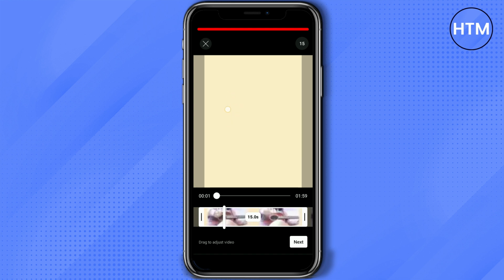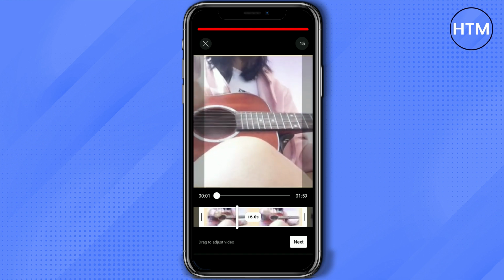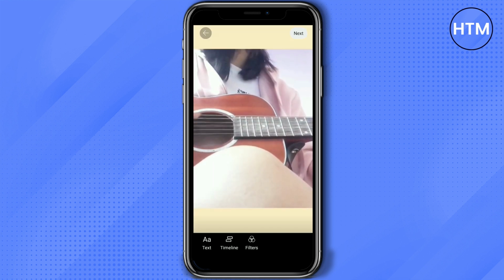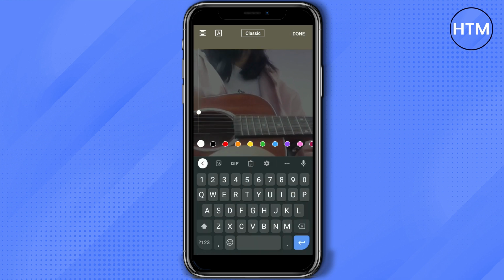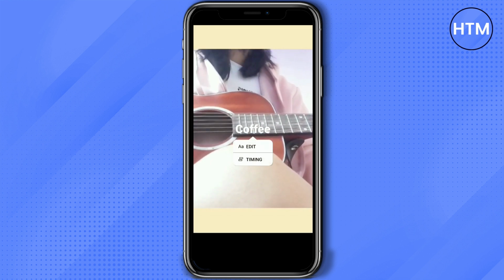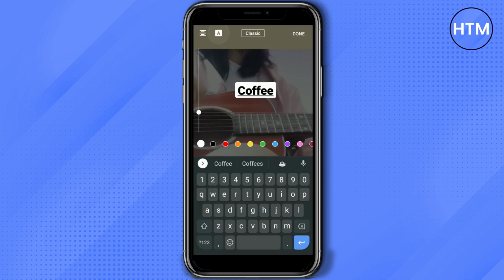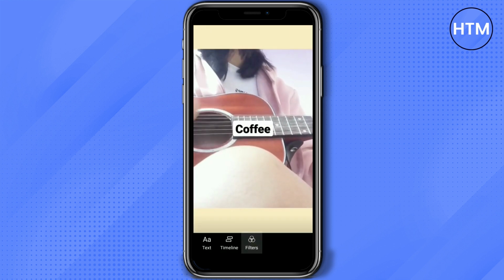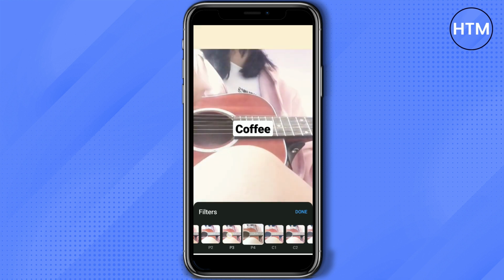So here you can choose any part of your video like so by just gliding the video. So you may select a part of your video, then click next, and then here you can add text. Then you can actually also change the style. There are 3 different styles here. You can also add filter